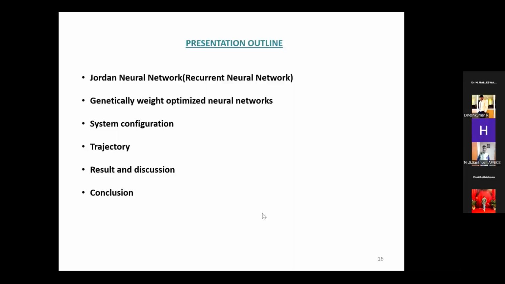First, we have to see the structure, I mean, the architecture of Jordan neural networks, I mean, recurrent neural networks. Then we have to discuss genetically weight optimized neural networks, how it will be placed. Then what is the system configuration of this genetically weight optimized neural network based off the Jordan neural network? Then how the